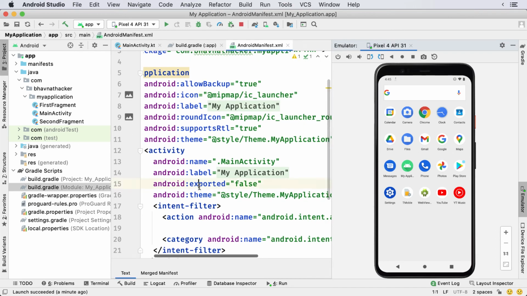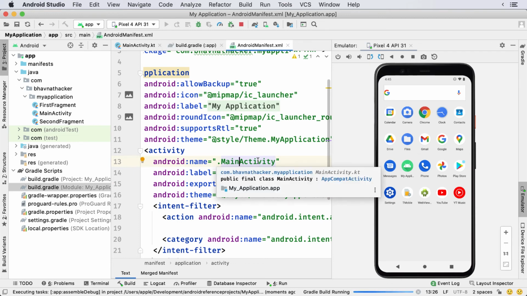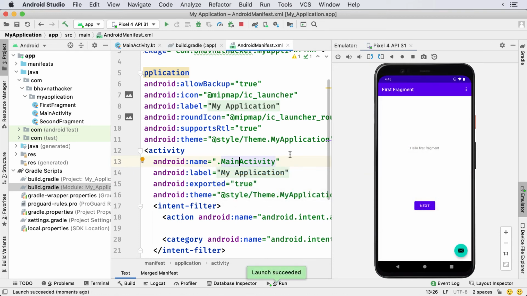The Android exported attribute for launcher activity needs to be true so that the launcher can launch your main activity. Build and run again. Yes, your app has been launched and you see first fragment and the second fragment. Click previous, you come to the first fragment.